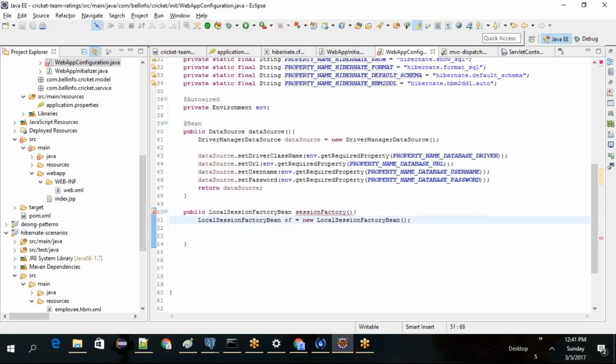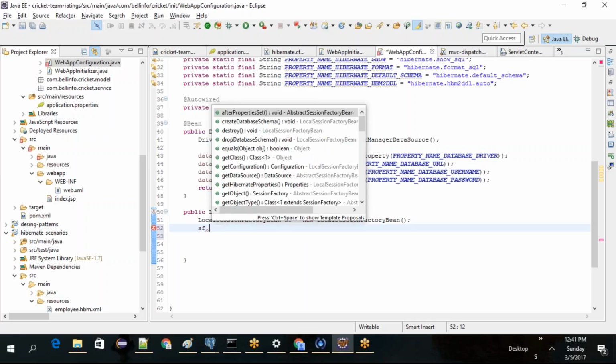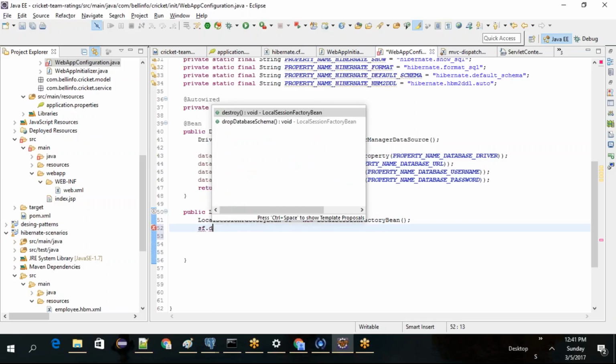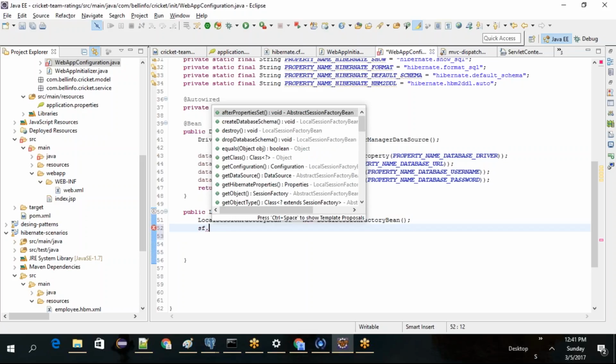And what are you going to feed this guy? You need to feed the data source, sf dot set